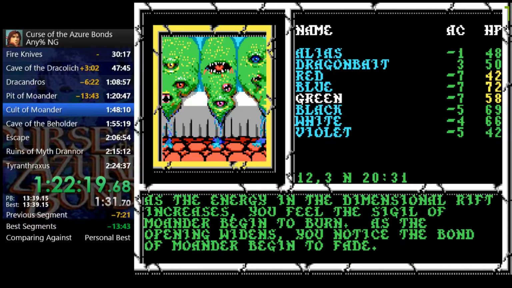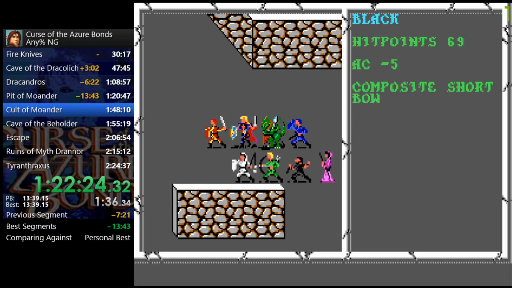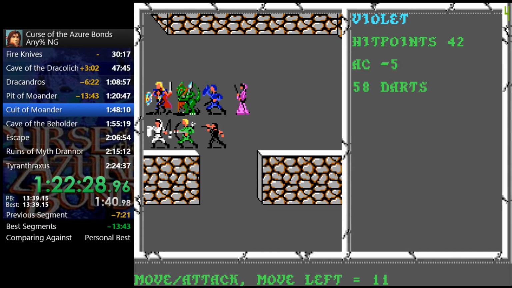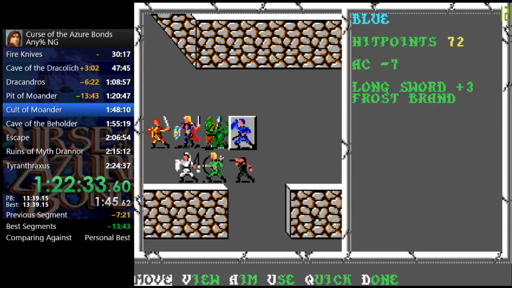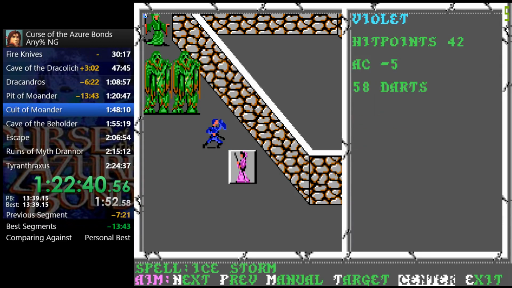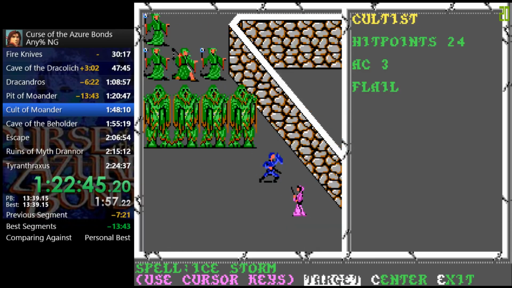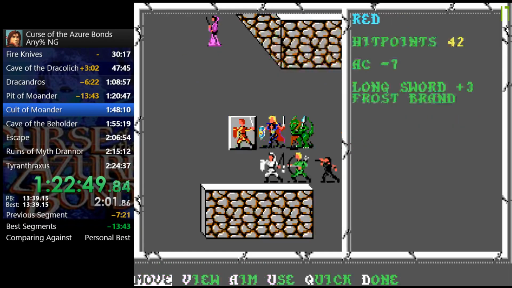They use the bonds to control us. They're trying to bring their dead god back to life, but it overloads and bad stuff happens, and so all of a sudden, it just doesn't work. All these cultists blow up really big to Fireball and stuff. Shambling Mounds take half damage from Ice Storm, but they don't take any damage from Fireball, so...